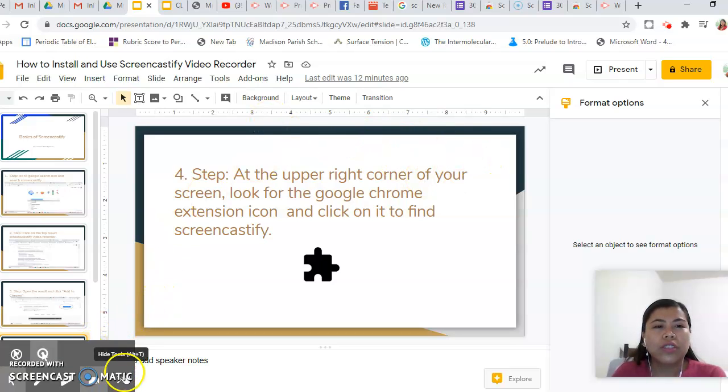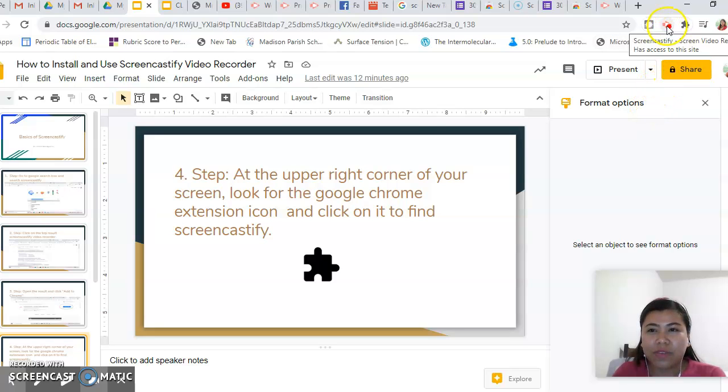Now what I want you to know, since you can explore this on your own time, is this: after recording, you did everything already. How do we end recording? Actually, it's very easy. You're just going to go back where you came from. Just go back again to the Screencastify icon, and as you can see, there's a red dot here. That means to say,